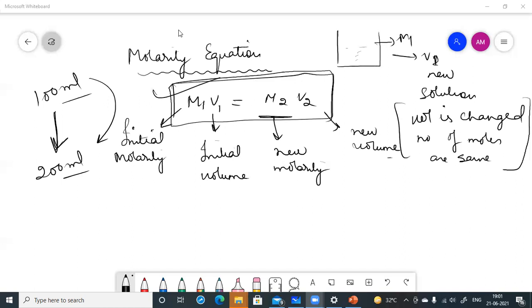Yes, sir. हाँ बताओ फिर अगला चैप्टर क्या स्टार्ट करना है।